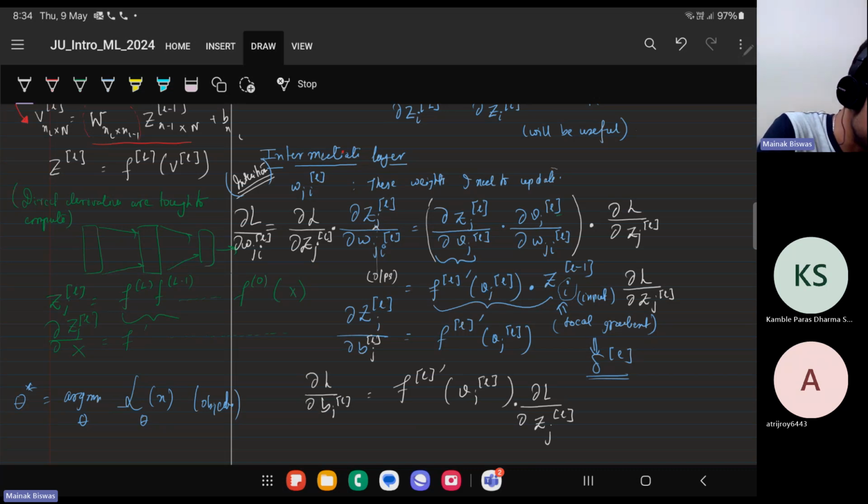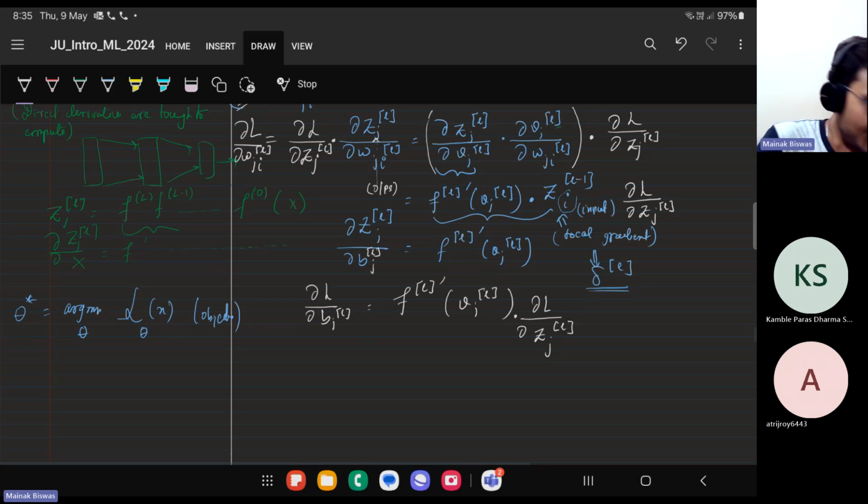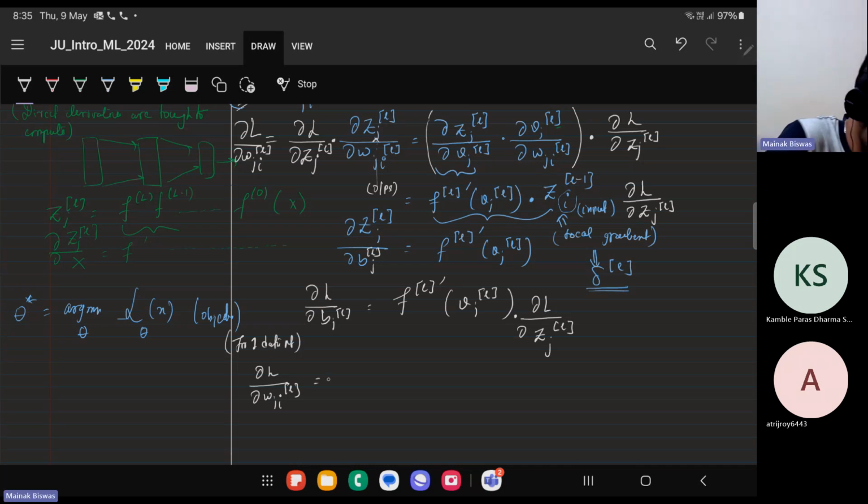Yes, this is what I'll get. Right? Yes. So let me write it down in a fresh way and write the vectorized implementation, and then we'll go to the loss. So ∂L/∂w_ji of layer L. This is for one data point. We'll see why I'm saying that. So what are you going to get? f_L prime of v_j^L dot z_i^(L-1), this into